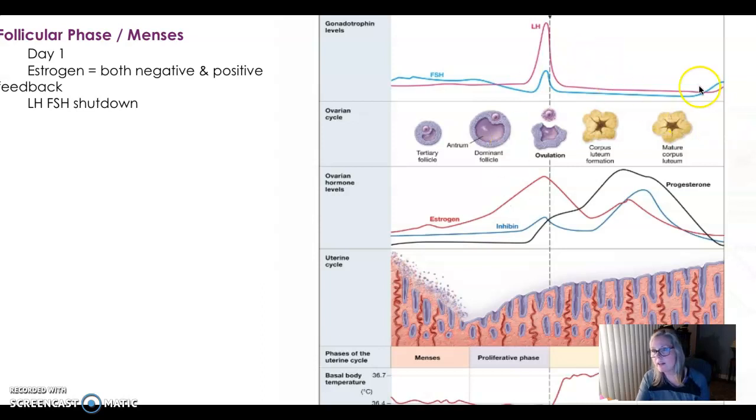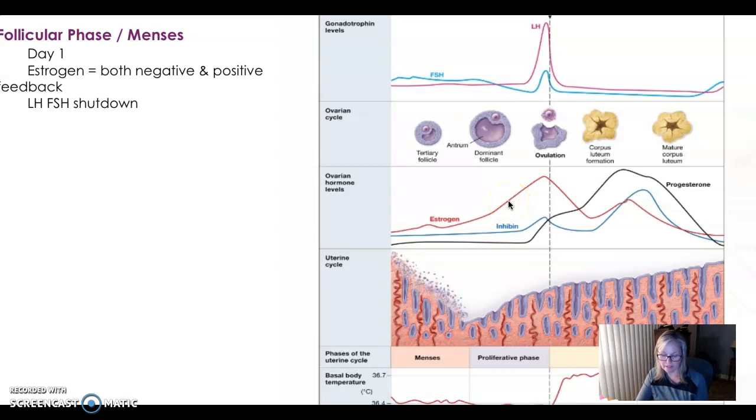Just before day 1, and we can see it over here, gonadotropin LH and FSH secretion from the anterior pituitary increases. FSH causes those tertiary follicles in the ovaries to start maturing. See, here's a tertiary follicle. The granulosa cells and thecal cells are influenced by FSH and LH, producing steroid hormones. The thecal cells make androgens that diffuse into the granulosa cells, where they are converted into estrogen by the enzyme aromatase. This increasing estrogen, and you can see here it's beginning to build and increase,